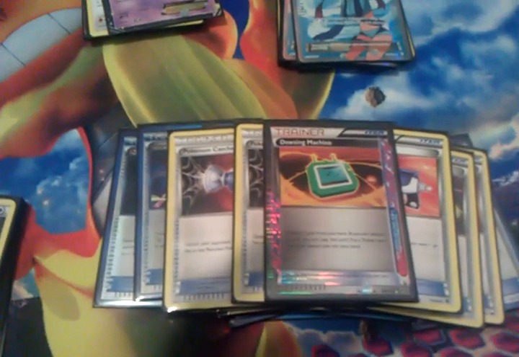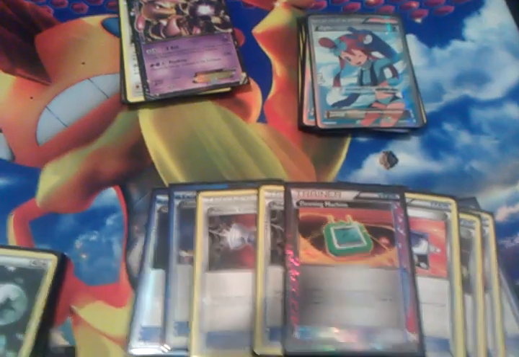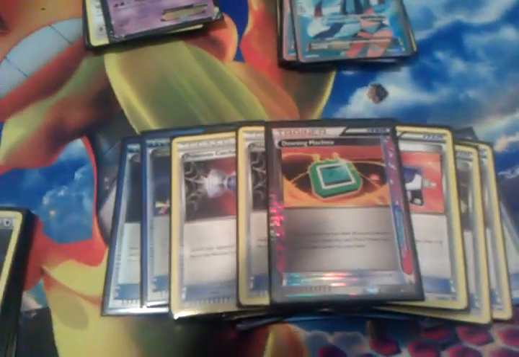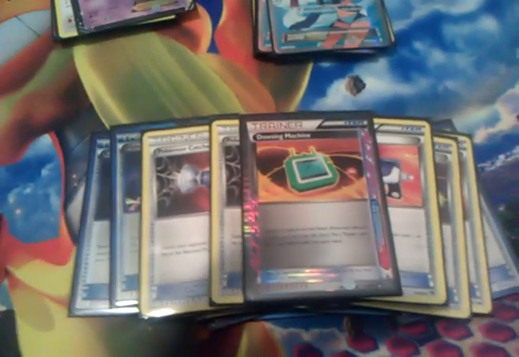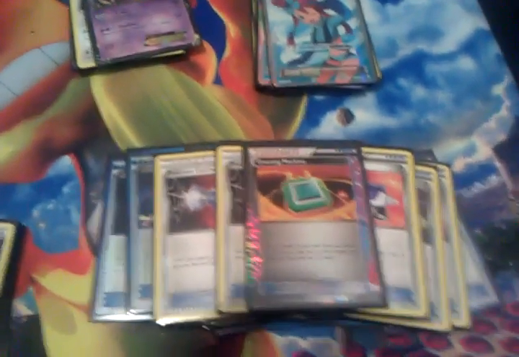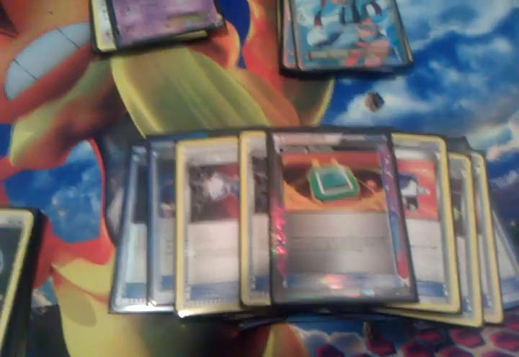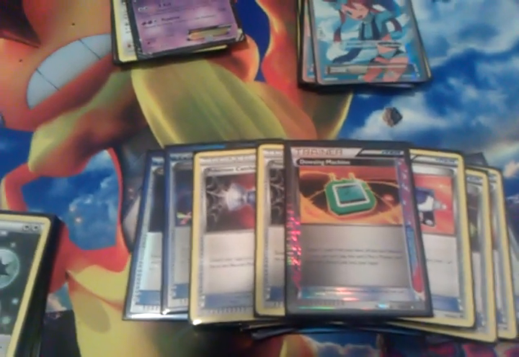But I like Dowsing Machine because it can get me an extra Escape Rope, an extra Catcher, a 5th Hypnotoxic, a Colress Machine if most of mine are prized, or even that Bicycle. If my hand is dead, I have my opponent put down a Burbank, and I have 2 Burbanks in my hand and the Dowsing Machine, go for a Bicycle, or go for a supporter if I haven't used one, and there you go. So then, 4 DCE,